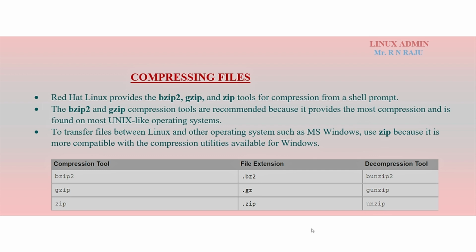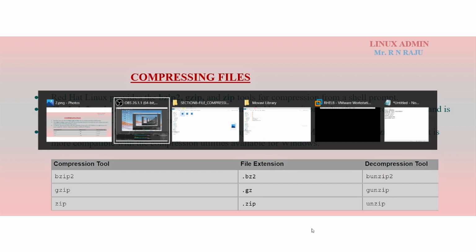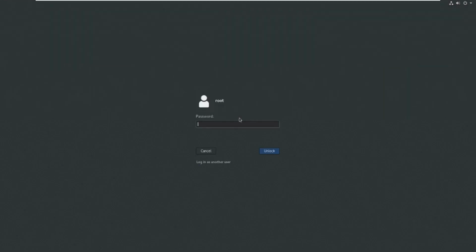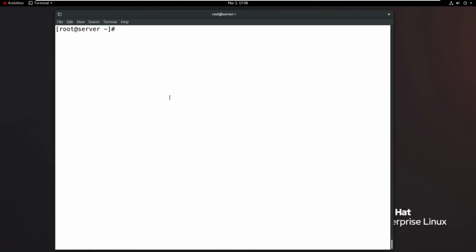Now I will show you how to compress and uncompress. I have a file, ls -l, and my file name is Java. The Java file size is 2662. First I am using the gzip tool: gzip, then the file name, Java.